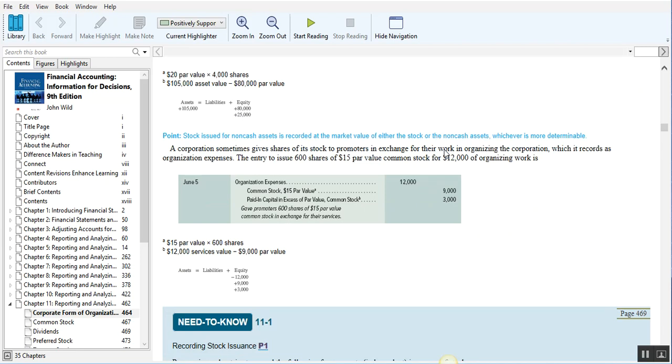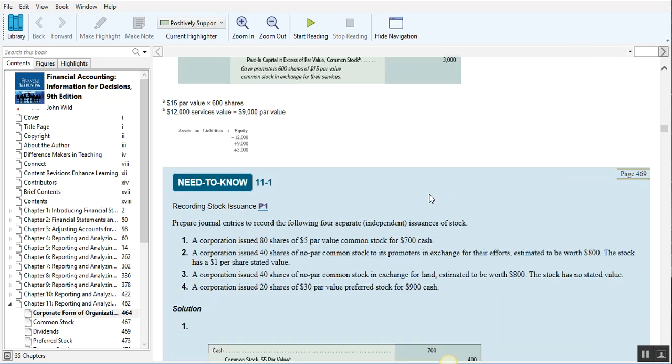You can also give shares of stock to promoters during the startup if you want to pay some organizational expenses with stock. So what you will show is a debit to the organizational expenses for whatever those expenses were, and then the negotiated number of shares you're going to issue here times the par value to show the par value of $9,000 here. So you had costs of $12,000. The difference, the $3,000 over the par value, is going to be paid-in capital in excess of par.